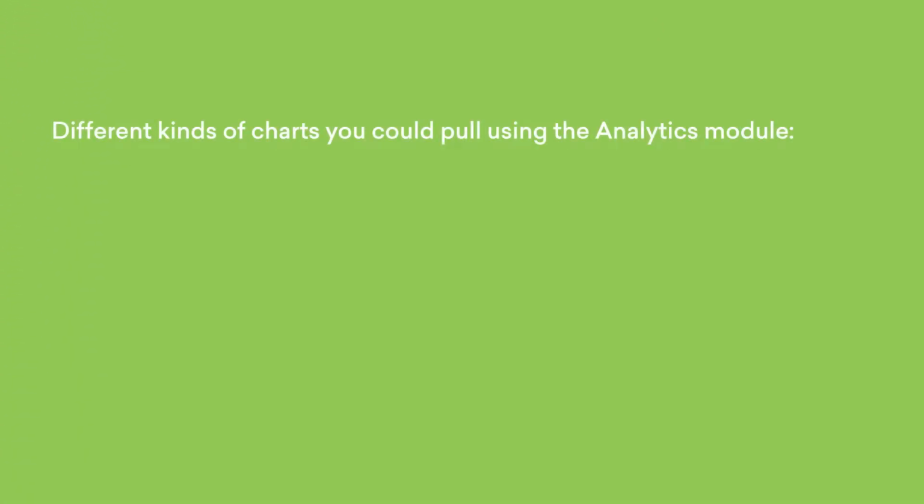For instance, using analytics, you can quickly chart health score trends by industry or tier. You could analyze what accounts that converted from trial did differently from those who didn't convert. You could understand which features your most successful accounts, that is, the ones with the highest health scores, have been using the most. There's a few different charts you could pull using the analytics module.